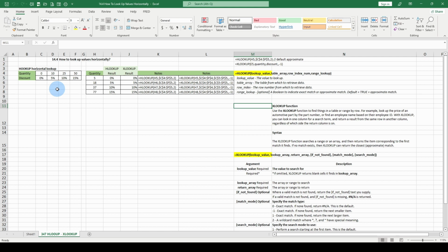So here's a review of HLOOKUP. And here are the arguments: the lookup value, the value to look up; table array, the table from which to retrieve data; the row index, the row number from which to retrieve data; and the range lookup, optional. If you select one, which is an approximate match, Excel will spit out something eventually. But if you want an exact match and Excel can't find an answer, it's going to spit out an